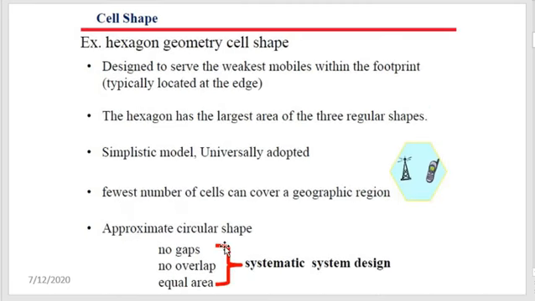So these are the approximate circular shape, no gaps, no overlap, equal area. We have felt that hexagonal is the best way to represent a cell site. Now if you see here, if I have used an antenna of a particular sector, we can easily draw this sector. See, this sector, this sector. So this entire sector 1 antenna will be transmitting in this angle. How easily you have drawn. So we have ended up using the hexagonal shape as a cell site.